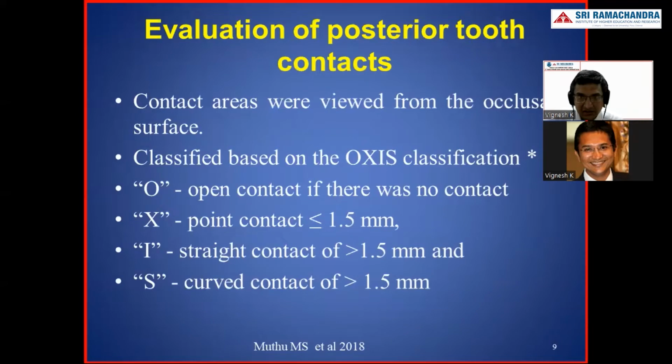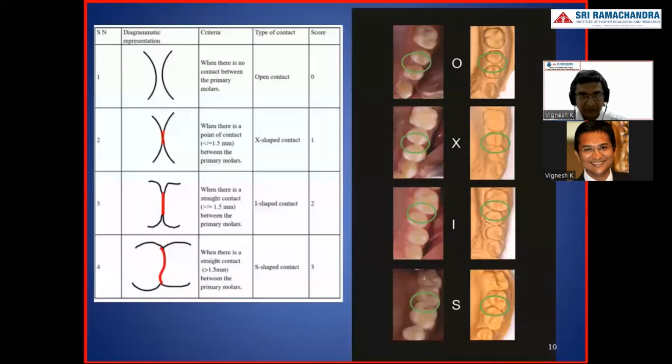The contact areas of the posterior teeth were classified based on the OXIS classification. As mentioned earlier, the O alphabet was used when there was an open contact. The X alphabet was used when there was a point contact, mathematically less than 1.5 millimeters. I contact when the contact was greater than 1.5 millimeters, and an S contact when the contact area was greater than 1.5 but was curved instead of being I-shaped. So this was the graphic